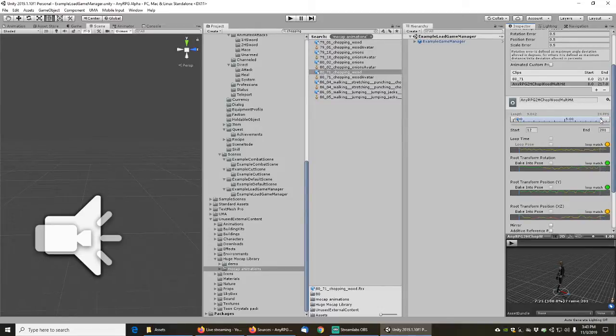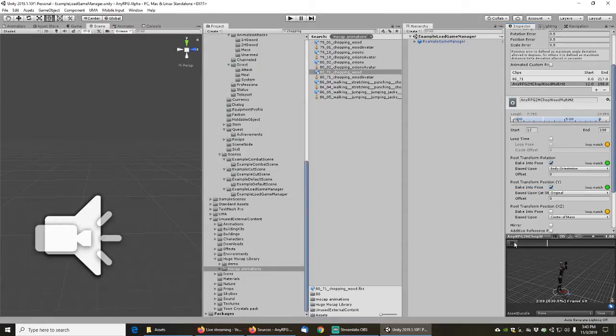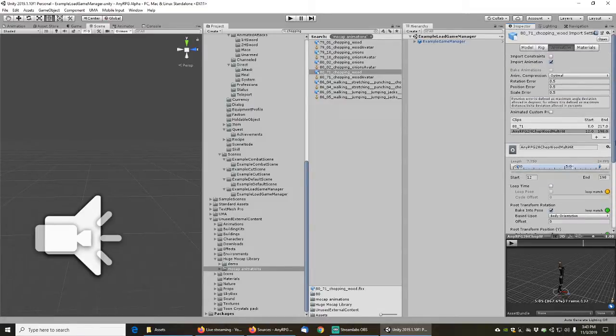And we can end it right there. So let's see here. This is a long animation. Wow. But actually that's kind of cool. So I think what I'll do is use this one for the chopping wood for a tree animation, and then I'll use the other chopping wood for a different animation. Okay, so let's apply that,